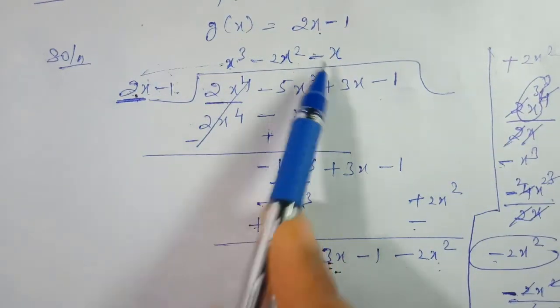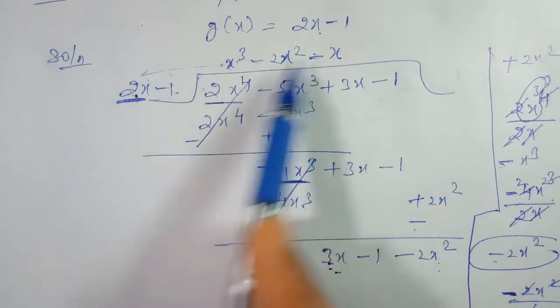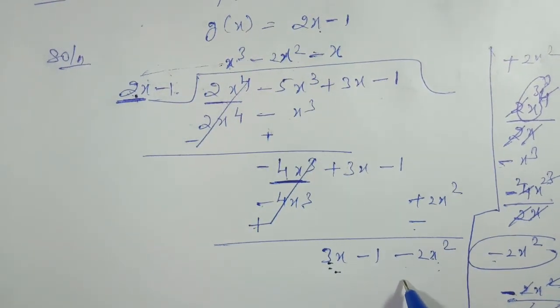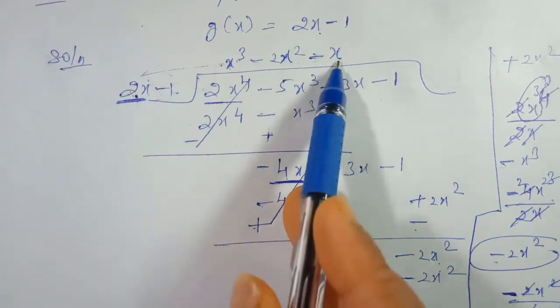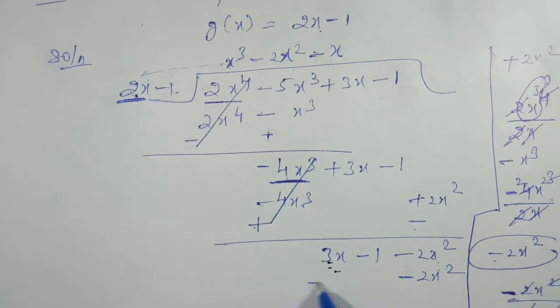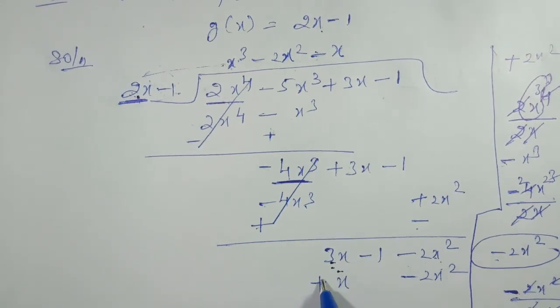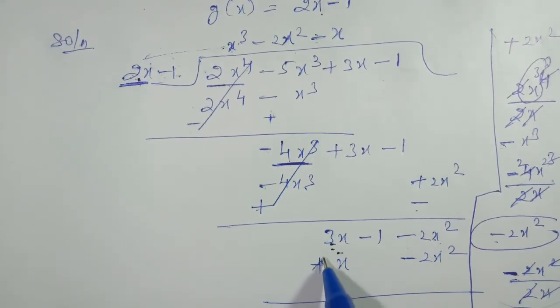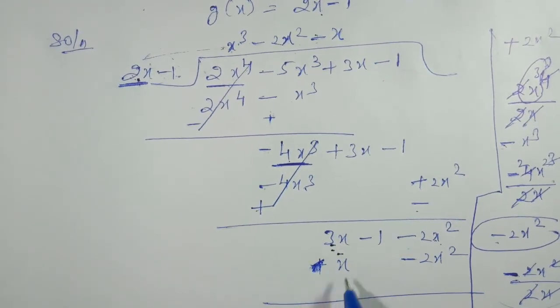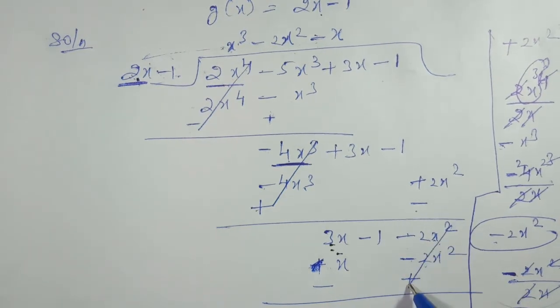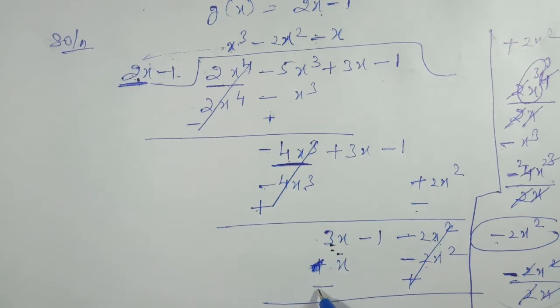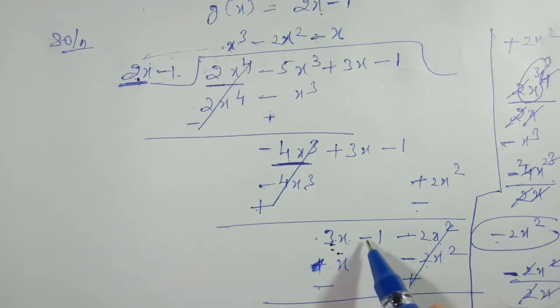So now we are going to multiply minus x by both the terms. When we multiply it by 2x, we get the same term, because it was formed by taking this only, so we get minus 2x square. Second, minus into minus will change into plus, and x into 1 will give x. We have the x term, so it will be plus x. At the first place, you don't need to write the plus sign, so we can remove it. Now change the sign. It is plus, so minus. It is minus, so plus. Both of them are the same and with opposite signs, so they will become 0. Then plus minus minus, 3x minus x will give 2x. The larger number is 3, so it will be a positive sign. Note down the next term.